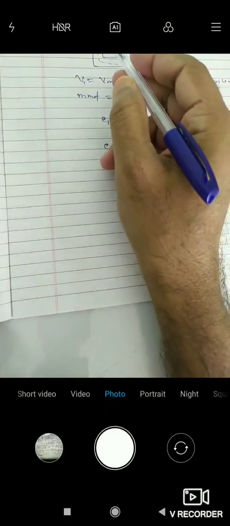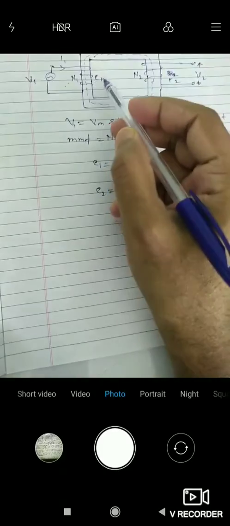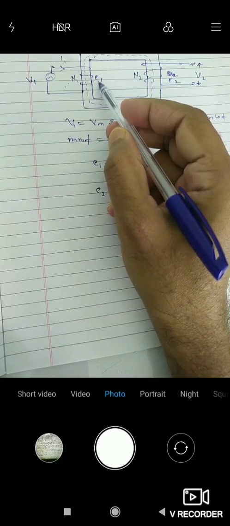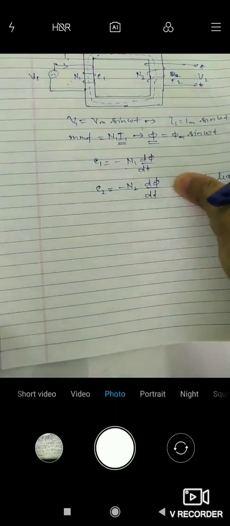Now coming to EMF, because what is the value of EMF induced in the primary and secondary winding? So they are asking